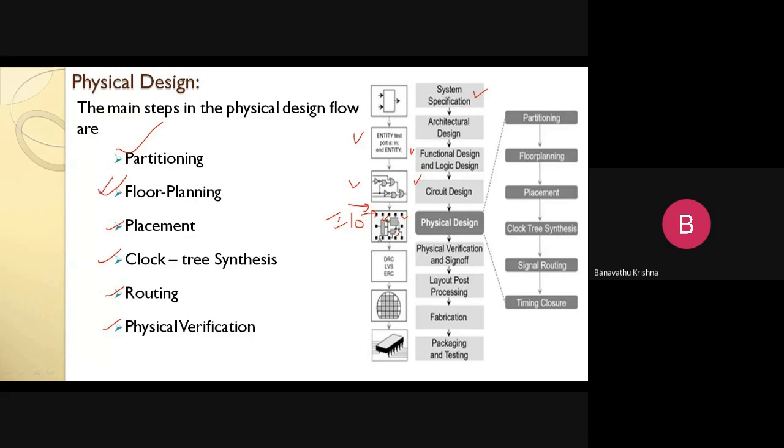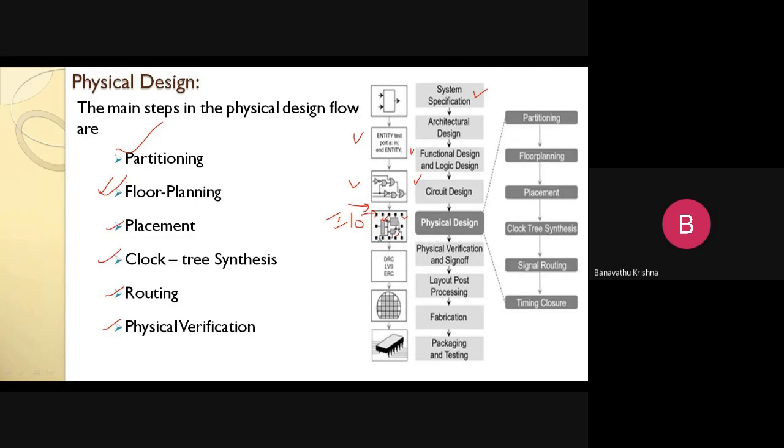Okay, and then floor planning. Floor planning is the process of representing the modules in a layout position, right? So here the macro cells have to be positioned on the layout space in such a manner. I want to show the diagram also in the next slides. Whatever modules we are going to place in our layout diagram, we require enough space in between the modules for making connections between these modules.